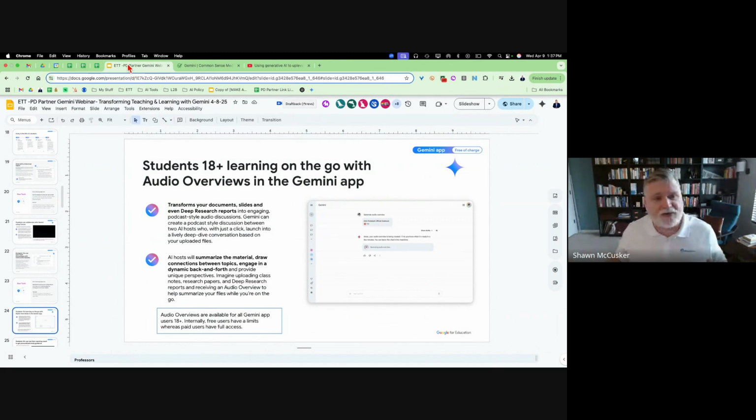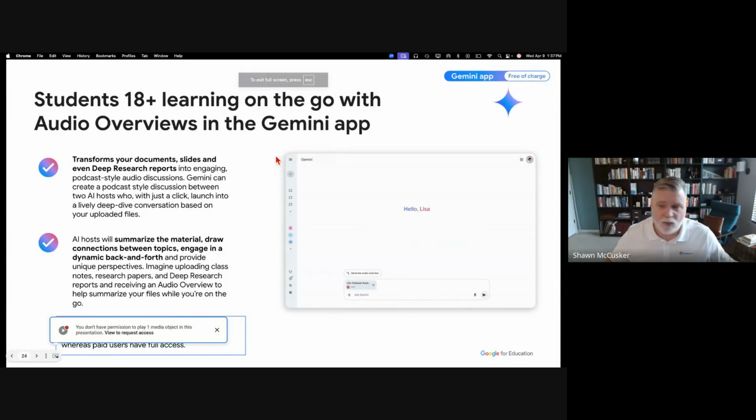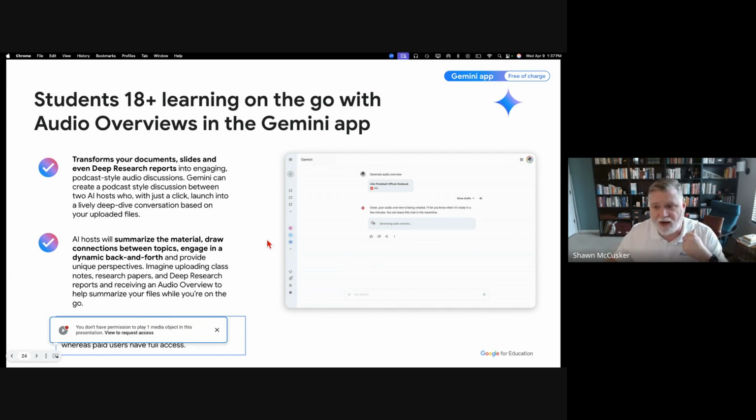It's an article, but they can read and listen to an overview if they want to. If I have students who have dyslexia, I can give them the content without forcing them to move through their disability or to struggle with something that is a known challenge to them. That's going to give them a huge advantage in terms of learning or reviewing the material. So I'm going to show you one other thing before I give you some time to work, in order to save us some time. So that's the audio overviews.